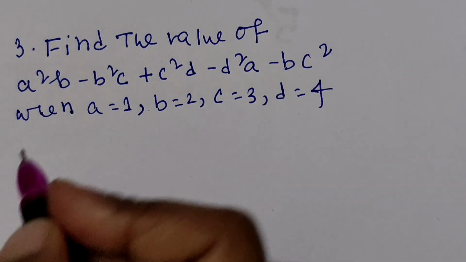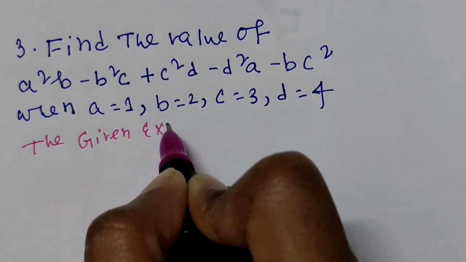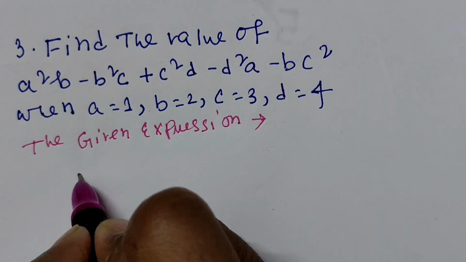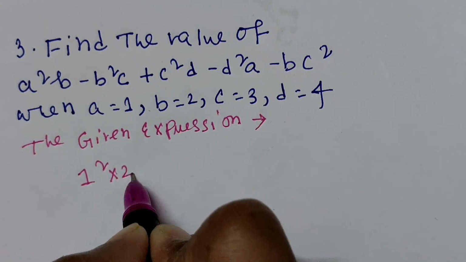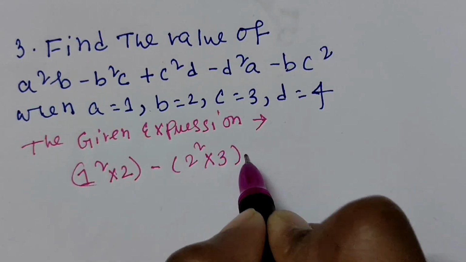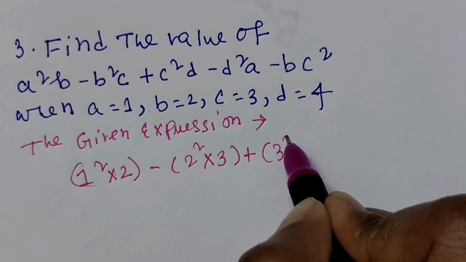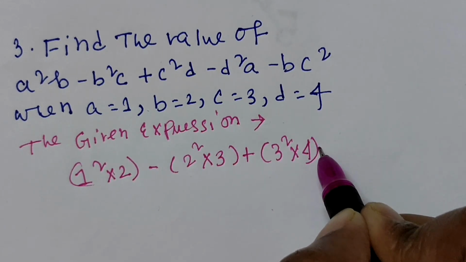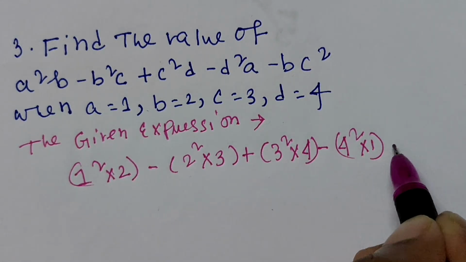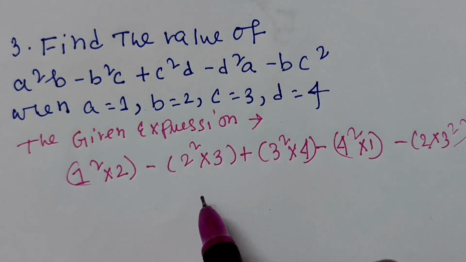Find the value of square b minus b square c plus c square d minus d square a minus bc square, when a is equal to 1, b is equal to 2, c is equal to 3 and d is equal to 4. The given expression is 1 square into 2 minus 2 square into 3 plus 3 square into 4 minus 4 square into 1 minus 2 into 3 square